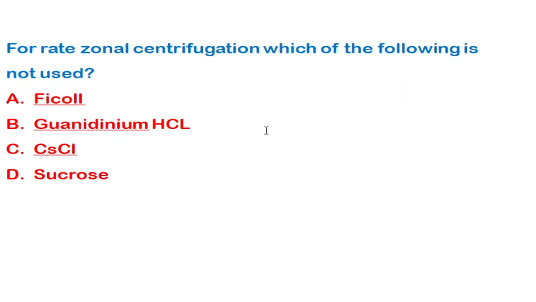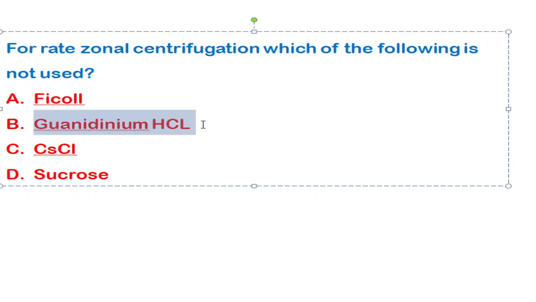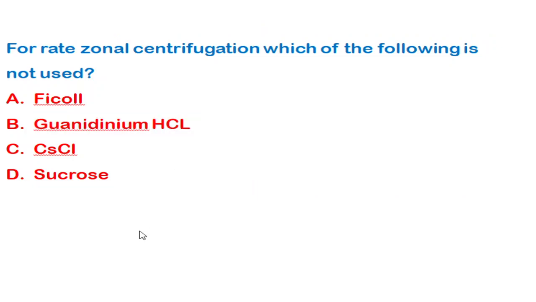The next question is for rate zonal centrifugation: which of the following is not used? Cesium chloride will be used, sucrose will be used, and Ficoll will be used. I could find a few important research articles saying guanidinium HCl is also being employed as a gradient in rate zonal centrifugation. But here the correct answer for this question is this option, because in some cases it acts as a denaturant. The correct answer is guanidinium HCl, which is not used in rate zonal